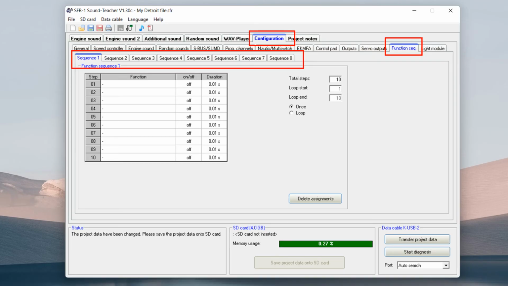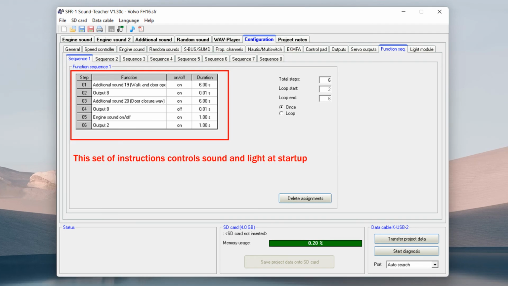The last tab I'm going to talk about is the function sequence. Once you've got a good handle on everything I've talked about, you can look at a bit of creativity. The function sequence tab has 8 sequence tabs within it. Each of these allows you to set up a macro, which is a set of automated instructions. For example,